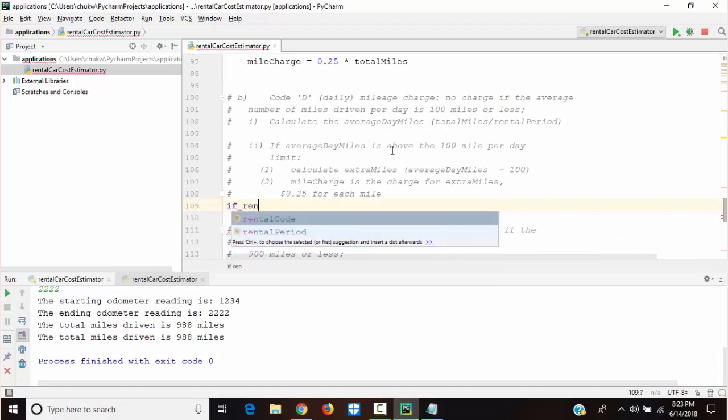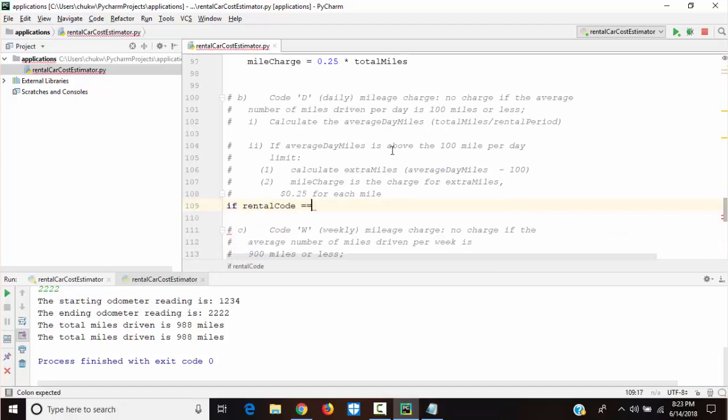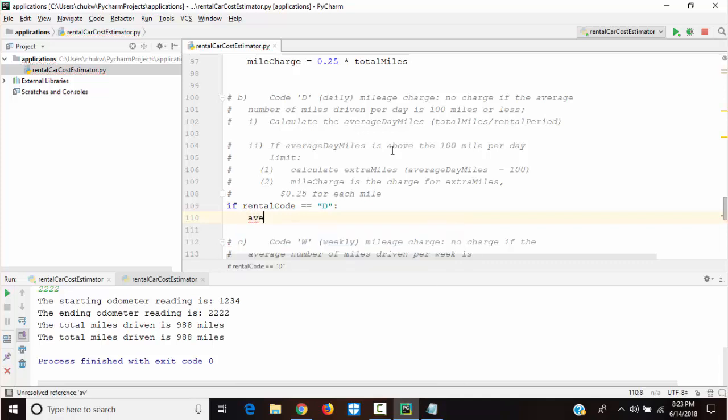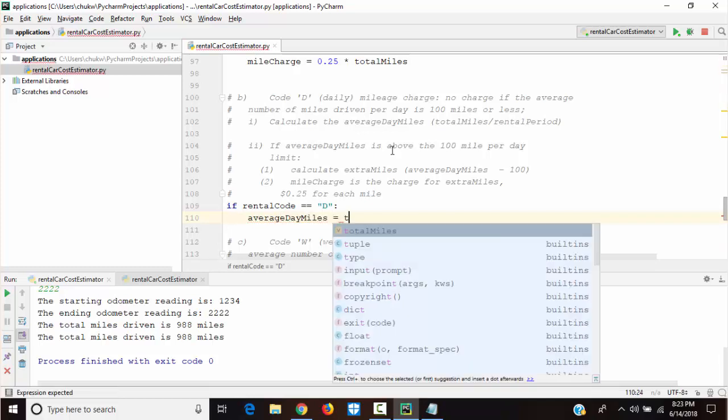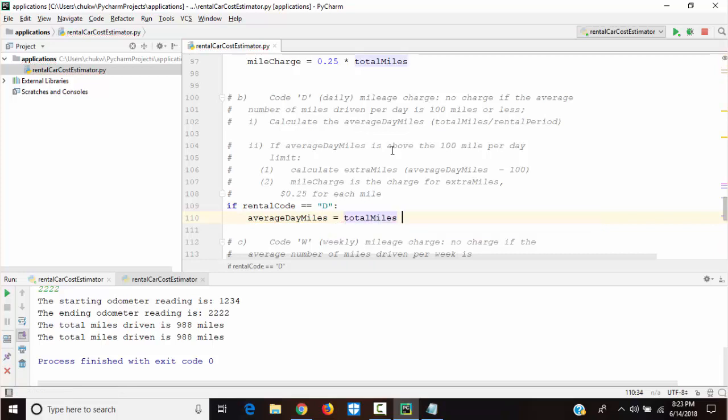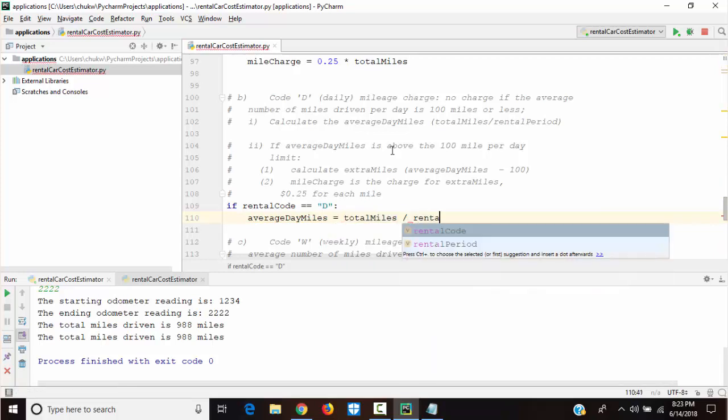If rentalCode equal D, then what do we do? We calculate average day miles. And what is average day miles? It is total miles divided by rental period.